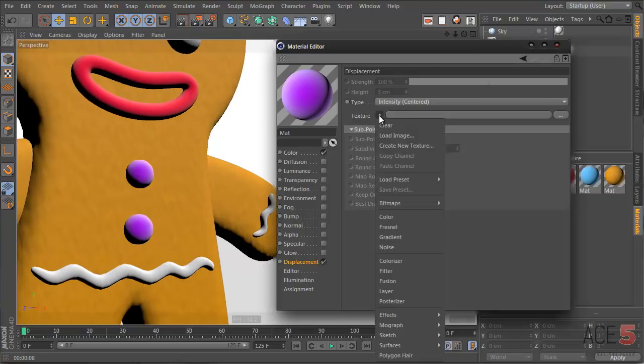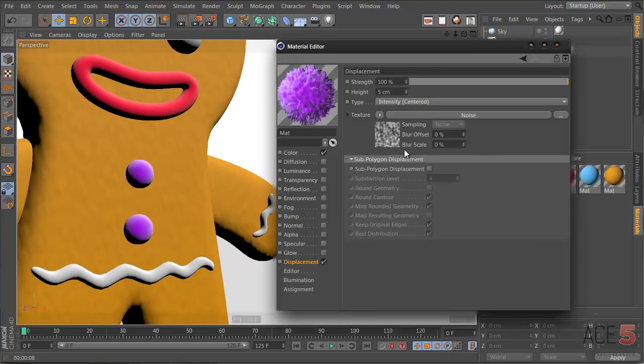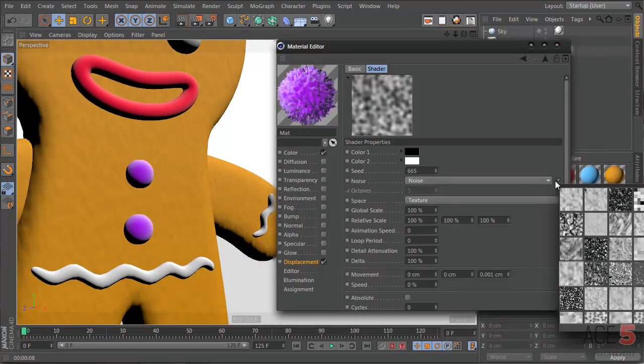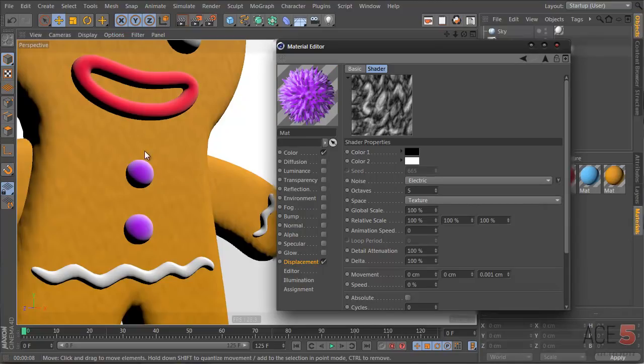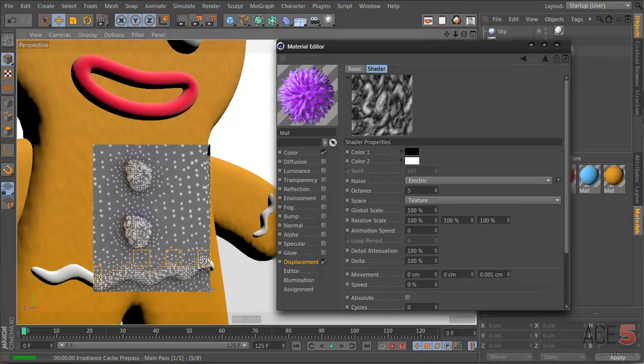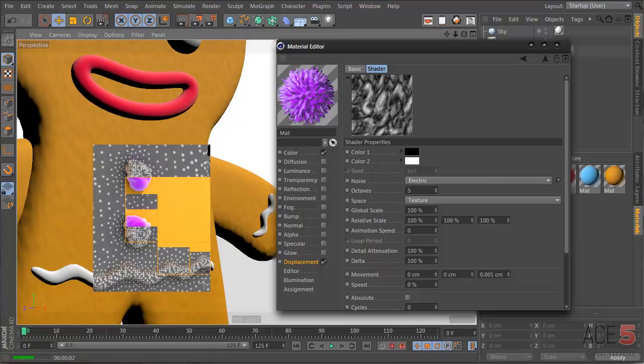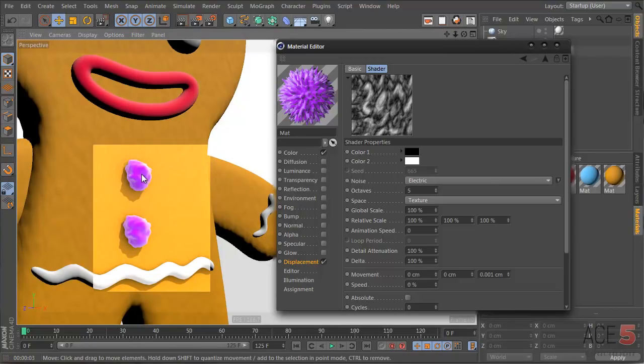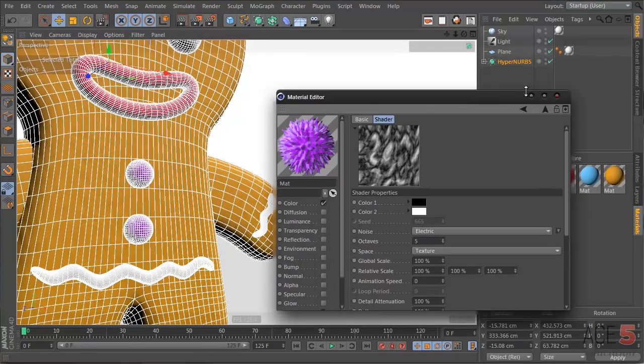So let's go to texture and let's add a noise material. Let's make it electric. And let's hit render. And you can see they got lumpy and turned around. So let's skip this carousel